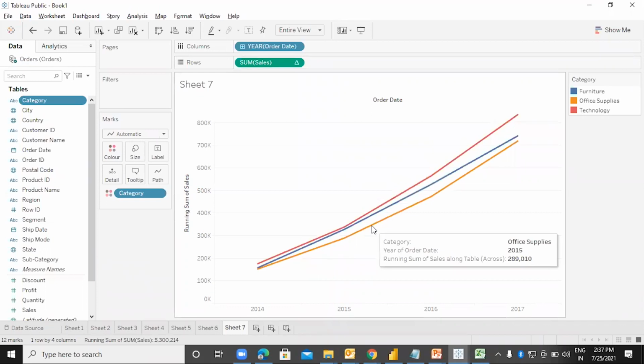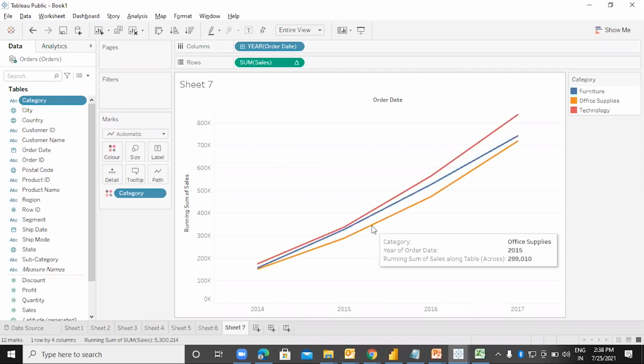Running total means cumulative, where 2015 means 14 plus 15. 16 is 14 plus 15 plus 16. And 17 is 14 plus 15 plus 16 plus 17. Which means that we are not displaying the ups and downs within the time period.